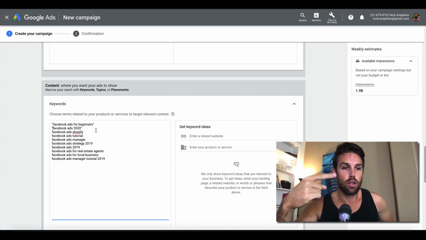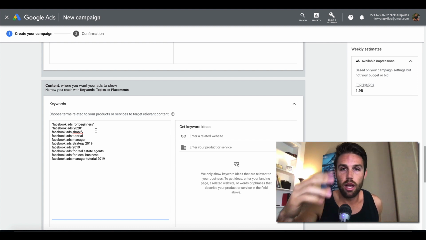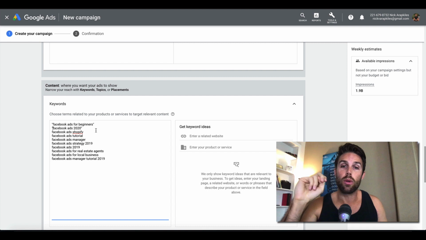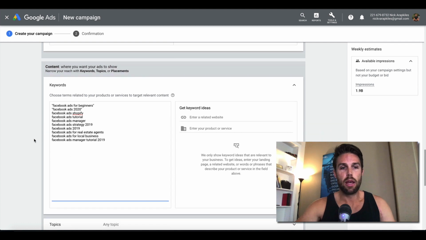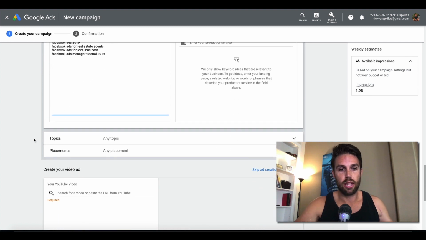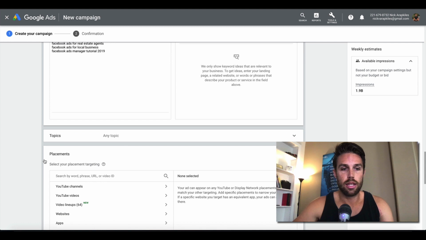Okay, so those are the 3 ways you do it. Again, it's broad if you don't put any brackets around anything. Exact match is if you do put the brackets, and phrase match is if you put the quotations around it. Again, I recommend that you start out with the brackets because that's going to be the most targeted, but also probably the least amount of traffic because obviously people have to type in that exact phrase. Okay, so that is the keywords, and then placements is,